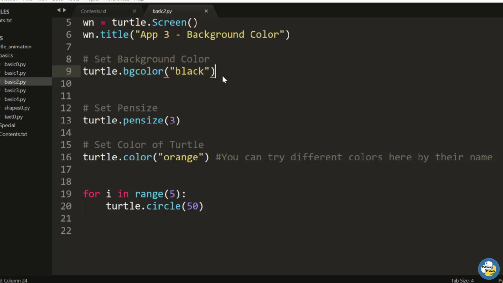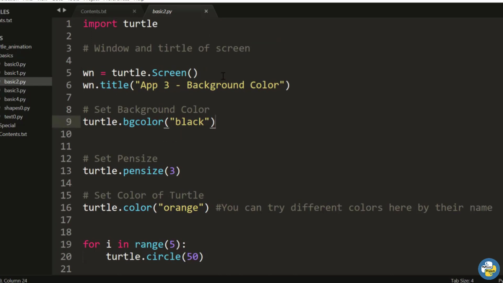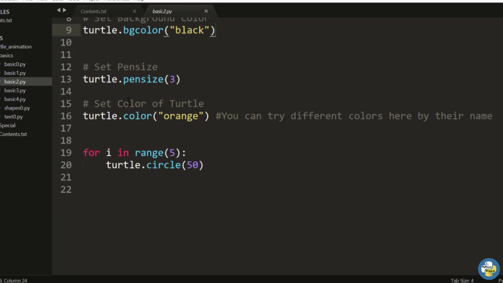In turtle it is flexible, you can pass the color as a string name as you pronounce it. So black, orange, red, purple, blue, green, white, yellow, these are multiple colors that you can write directly without using a hex code. Also you can pass the color as a hex code, that is hexadecimal code, but basic colors you can write as their name.